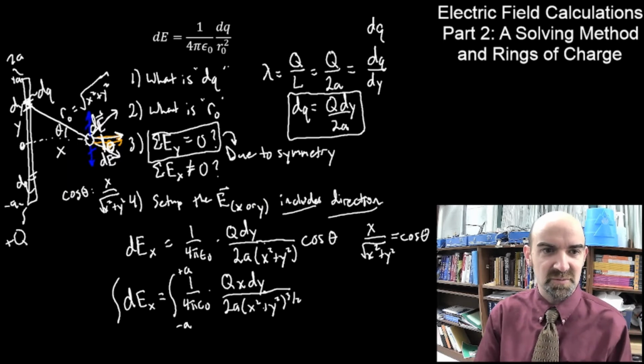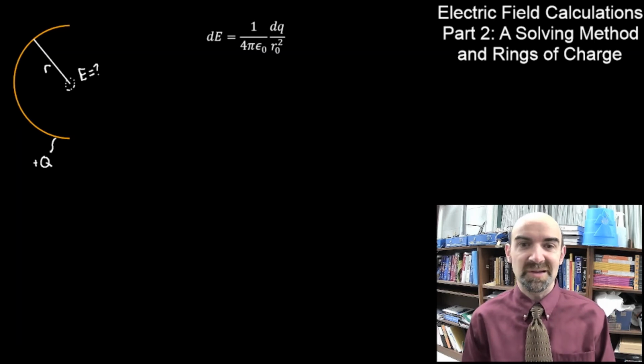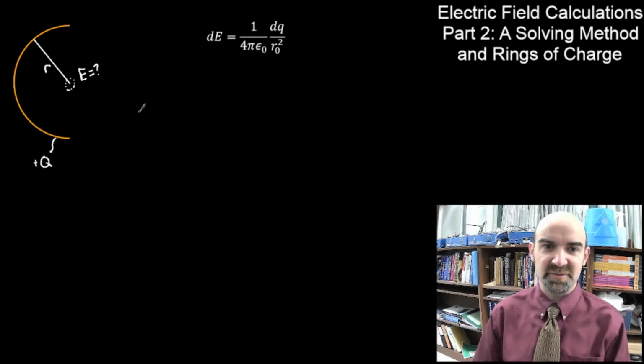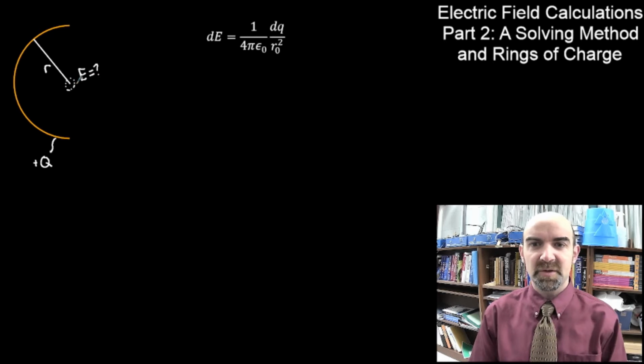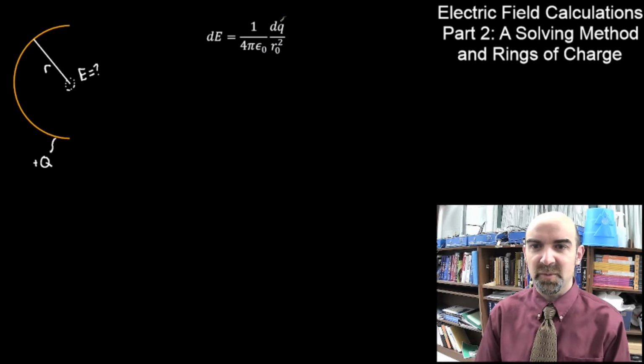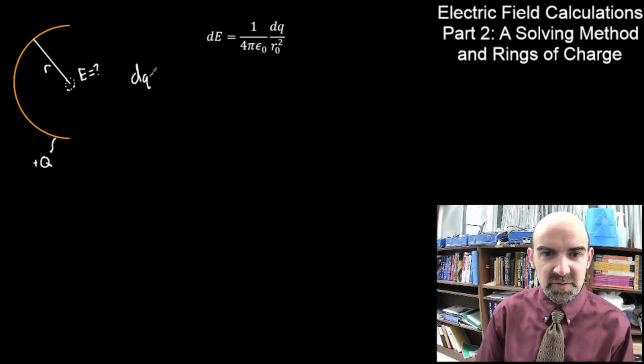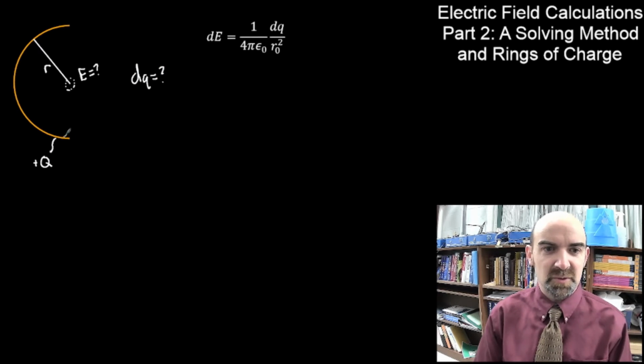We're going to take that into some new situations involving some rings. This first one is the half ring. So if we have a semicircle, a half circle, and we're looking for the electric field right there at the middle, we're going to first start out thinking about what is dq, what is r naught, and then think about any symmetry, and finally set this up and solve it. So you can see this whole process laid out here. Our dq, what's that going to be? Well, if this whole semicircle has a charge positive q,